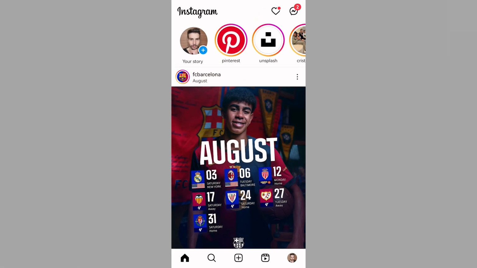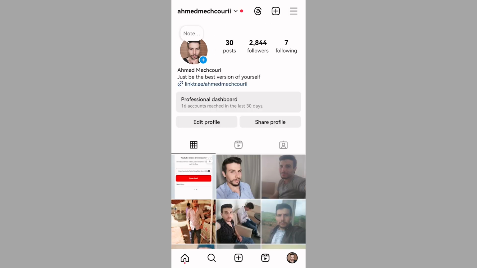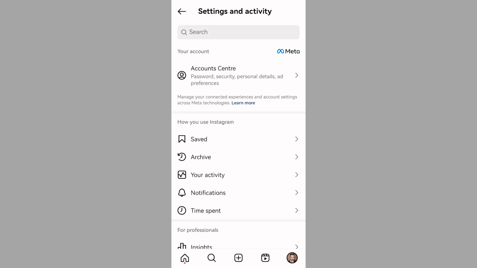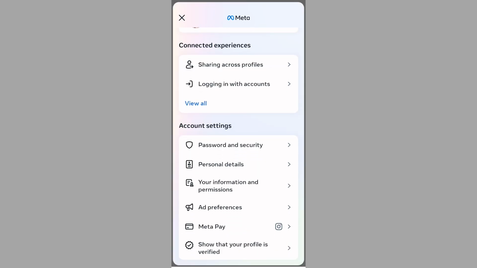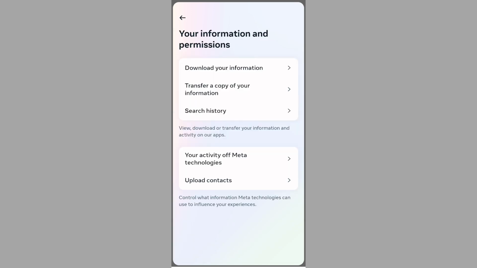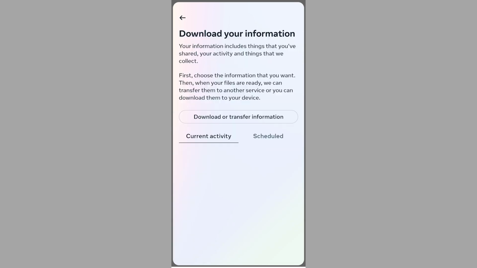Okay, first open your Instagram app, then click on your profile, then click on three lines, then click on account center, then click on your information and permissions, then click on download your information, then click on download or transfer information,